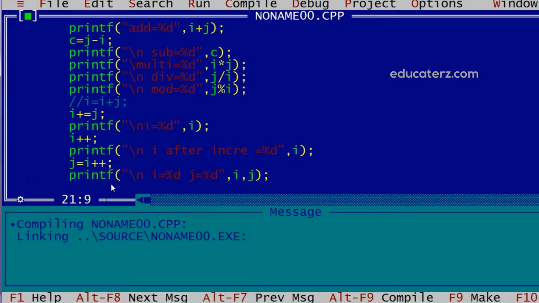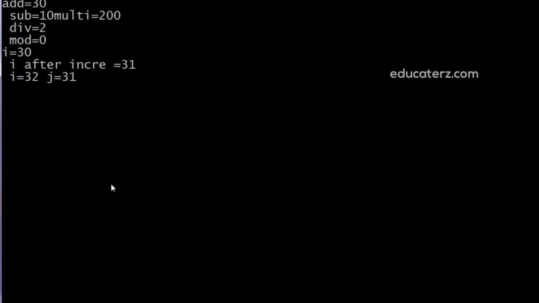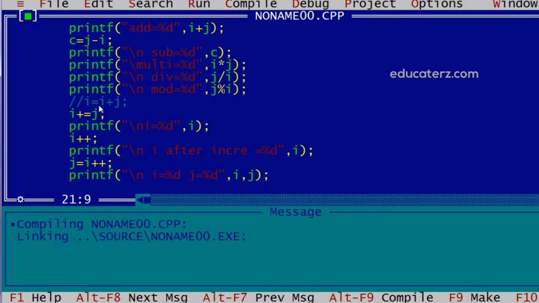Post means after. So first assignment is done and then increment. So we'll find that j is 31, which was the value before the increment of i, and i will be 32. Now if I execute this, as expected i is giving 32 whereas j is 31. So post increment means first assign and then increment.